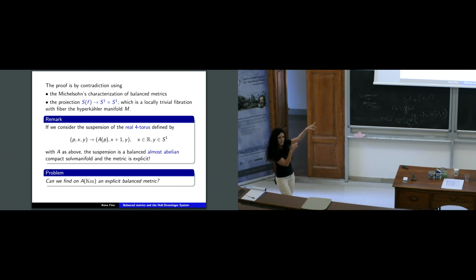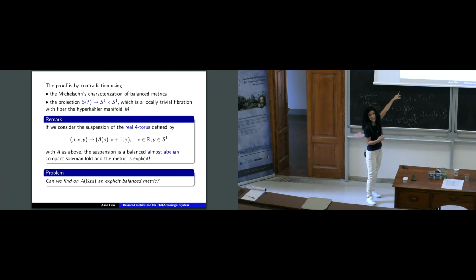One can do a similar thing for the real four torus. It's essentially similar; you just use the same metrics as before. You again get something which is balanced, non-Kähler. In this case, you get a compact quotient of a special type of solvable group by a lattice. The nice thing for the torus is that you have everything explicit, so you can find the metric. But one thing that we didn't find yet, and we would like to find a way, because the theorem is